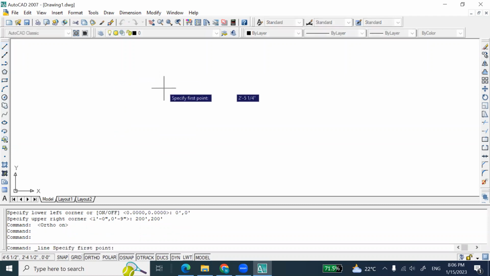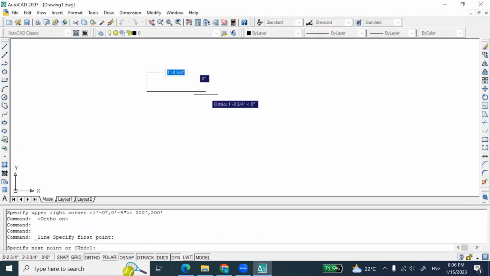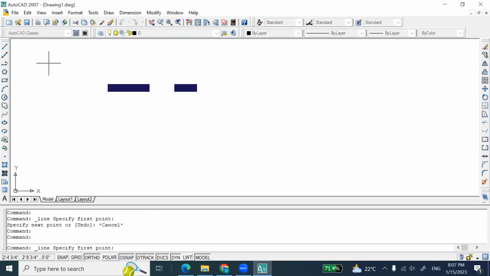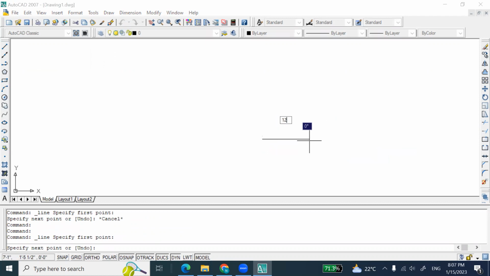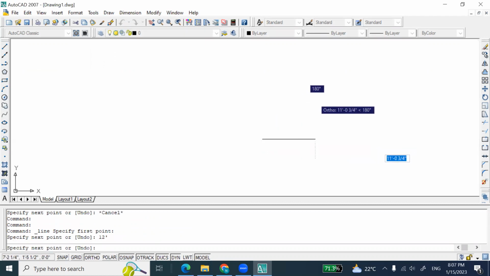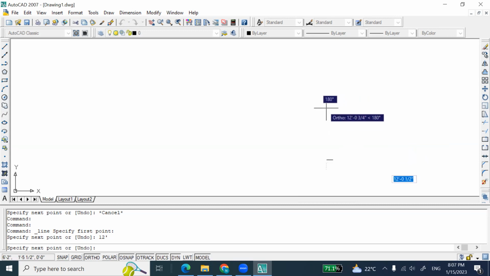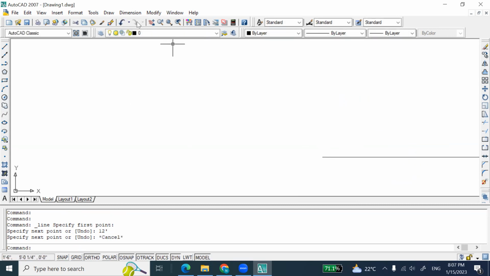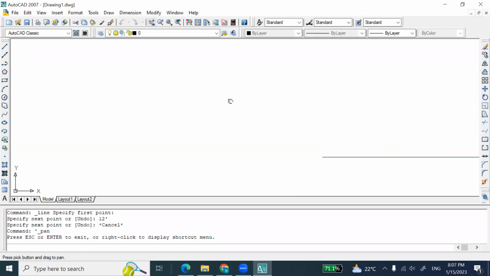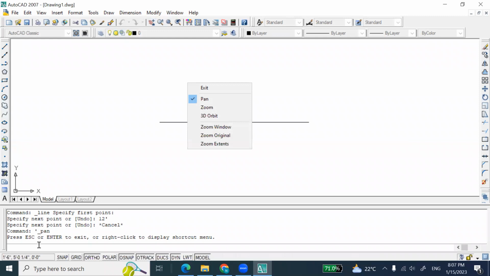Now let's say we specify the first point is this, and let's say this is 12 feet. And actually you can type